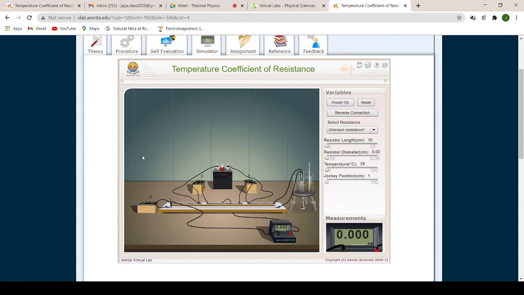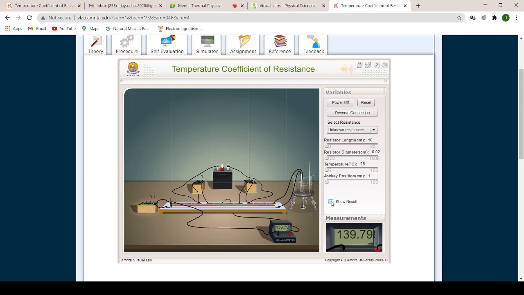So all the connections are made. Before we switch on, we have to adjust these resistance boxes. As we did in the previous, while calibrating, we will take the same values. We will take it as 1. So both these are set to 1 ohm, and this fractional resistance, let us take it as 0.1, because in the physical lab also we don't have much option. We have only some fixed values of resistances that we can take. So let us do the same even here. So this is 0.1, unknown. Now let us switch on the power.